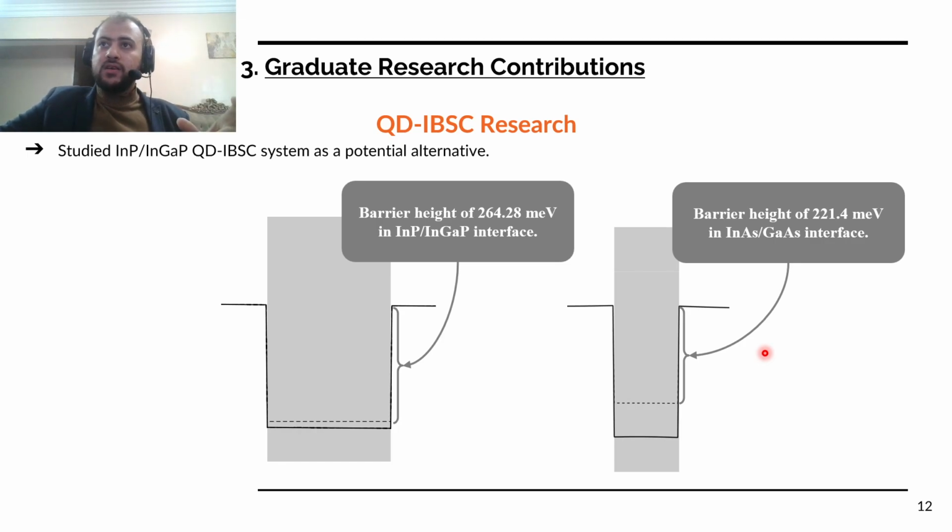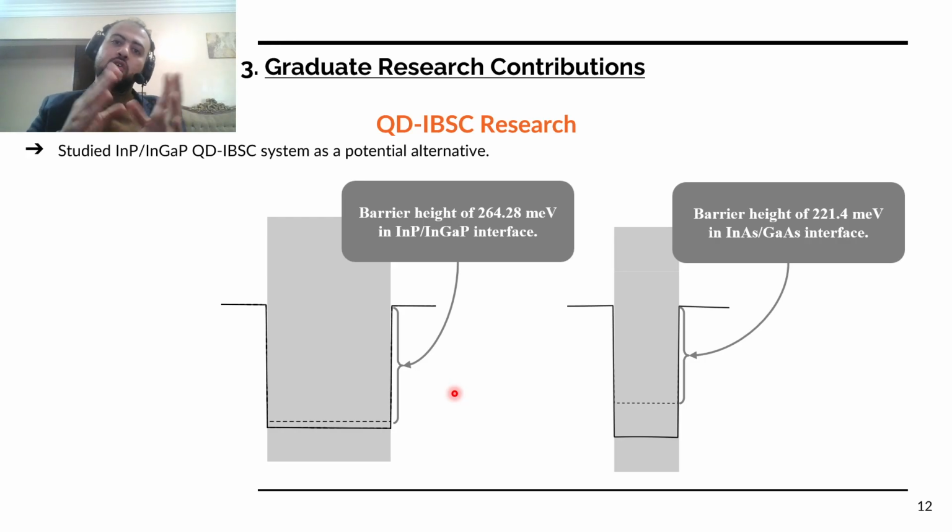This higher barrier would eventually mitigate the open circuit voltage drop. This is the first point. The second point is that for larger indium phosphide quantum dots in an indium gallium phosphide matrix, it has been proven that indium phosphide quantum dots possess a type 2 band alignment, or what I call a quasi type 2 band alignment,